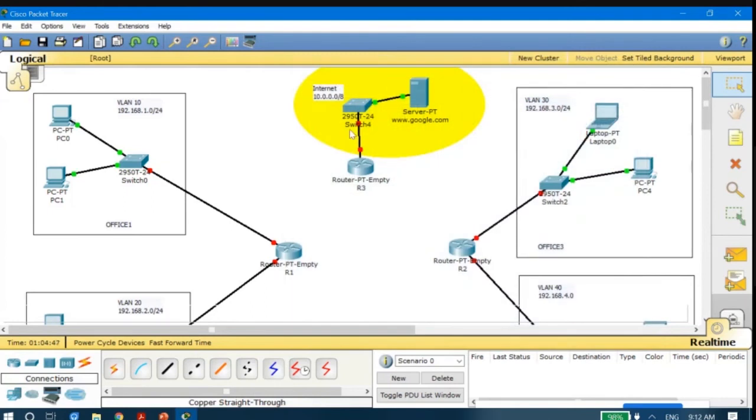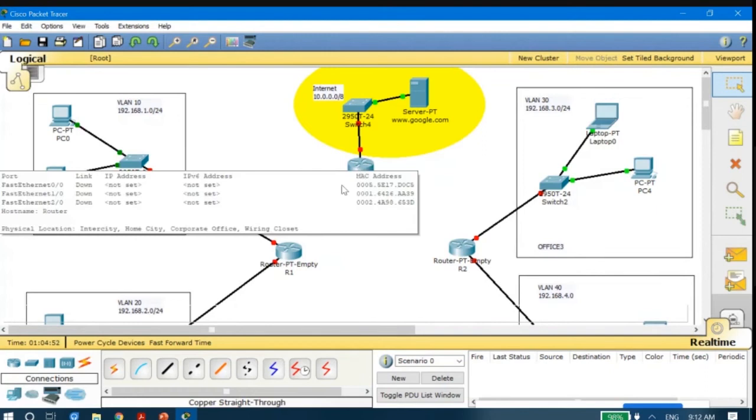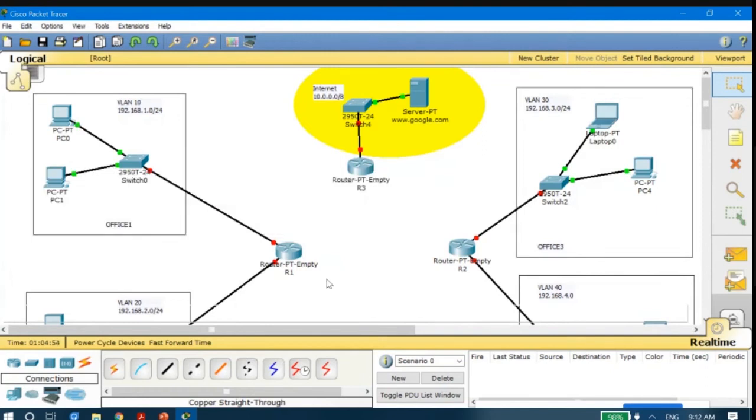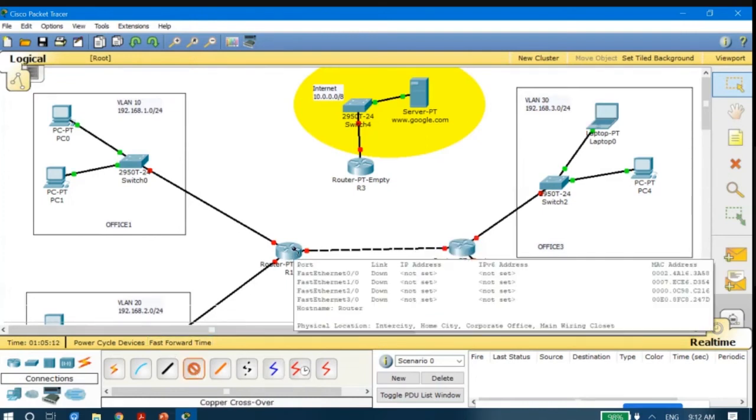And the next thing is you don't have to configure this switch. Then the next thing that you have to do is to connect routers. Routers will be interconnected with each other. Click on fast Ethernet. Similarly, I will connect the other routers.